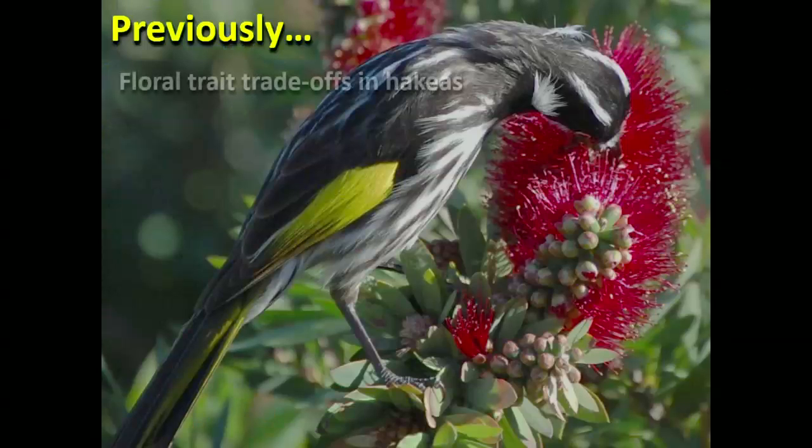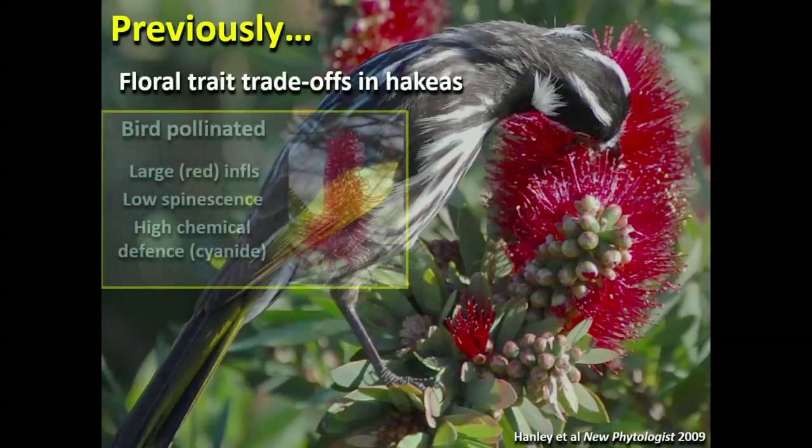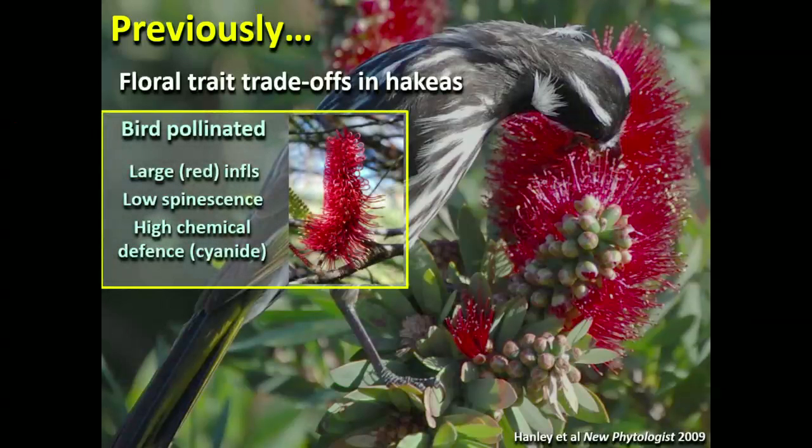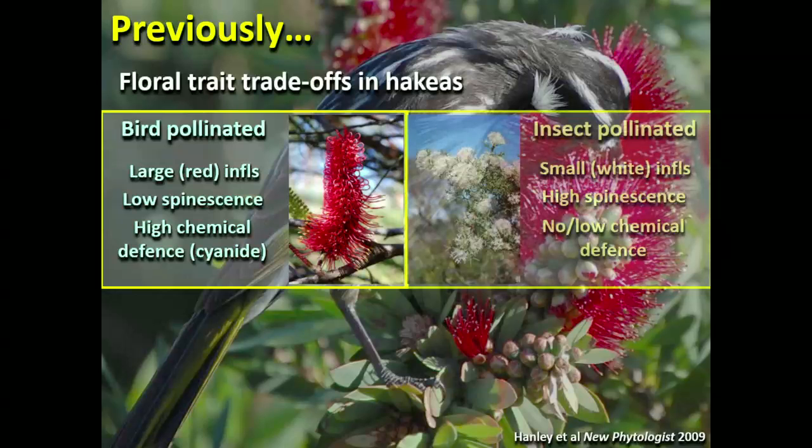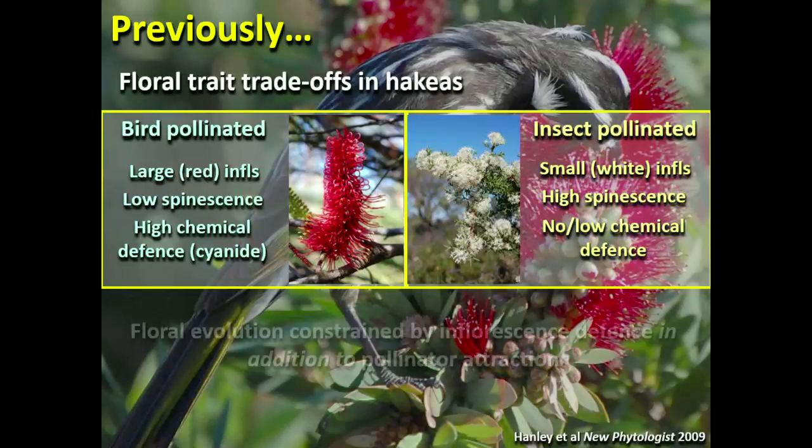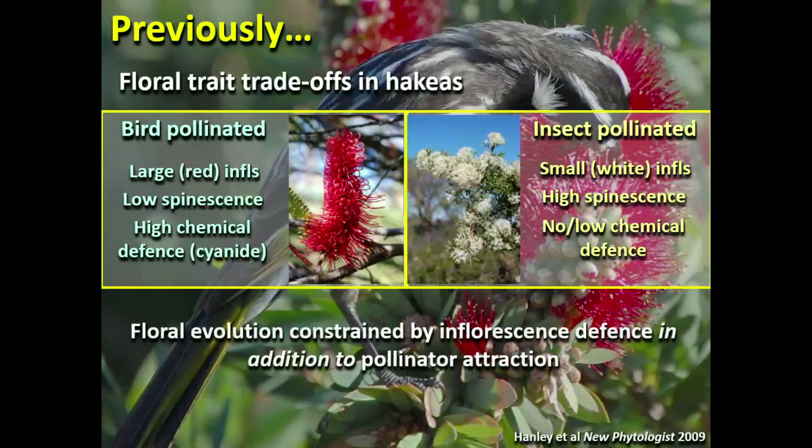I was lucky enough about 10 years ago now to get some money off the BES to jolly off to Australia to look at the interaction between floral traits in hakeas and pollination syndromes. Basically what we found was that if you were a bird-pollinated hakea species, there are about 150 different hakeas in Australia, then you produce these very large flowers to attract in the pollinators. The downside of that, of course, is if you're obvious and apparent to a pollinator, you're also very apparent to things like emus, kangaroos, and parrots that would happily eat the flower.